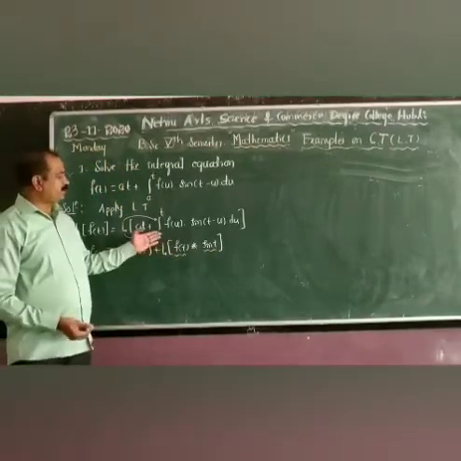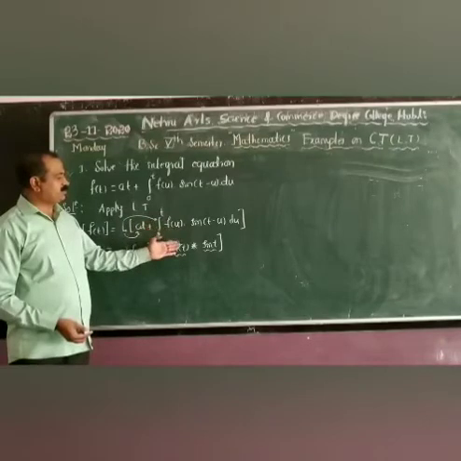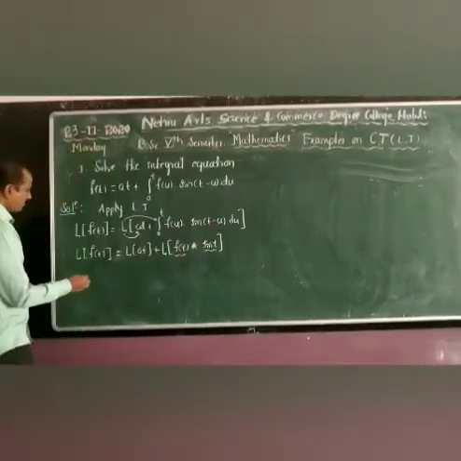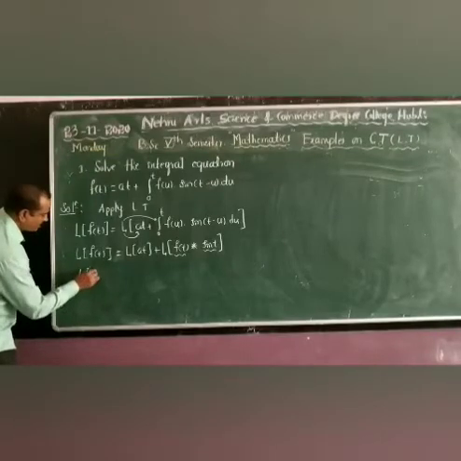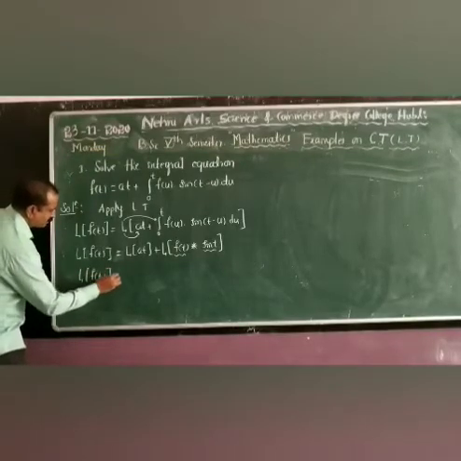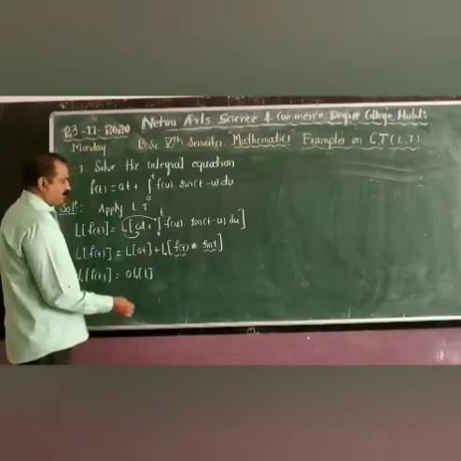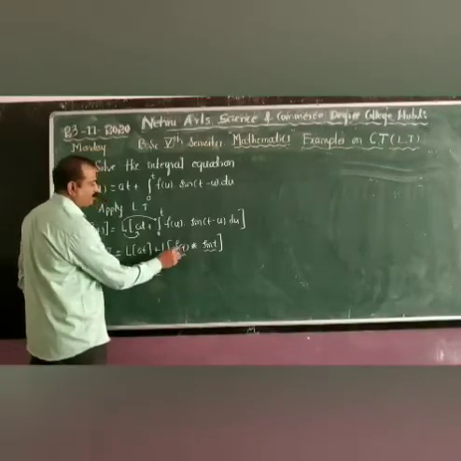Just recall the convolution: integration from 0 to t of f of u into sine of t minus u is written as f of t star sine t. Now keep L of f of t on the left side as it is. So L of a into t, t is the variable and a is constant, therefore we can write a into L of t